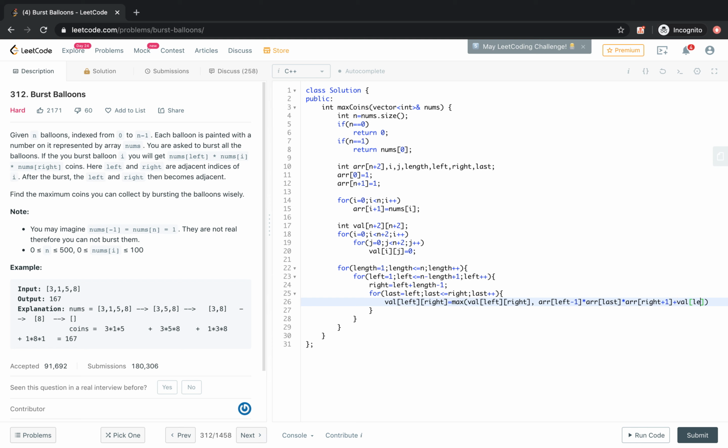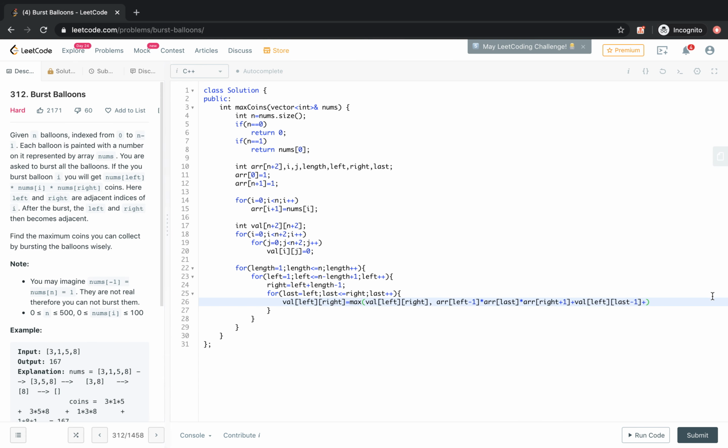So from left to last minus 1, and since we are taking last, then last plus 1 to right.